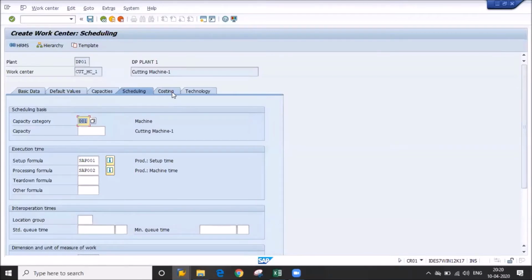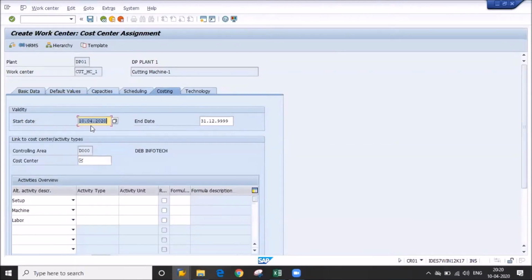Then you have to come into the costing part. This is what we can say is our PP-CO integration. So we need a cost center.